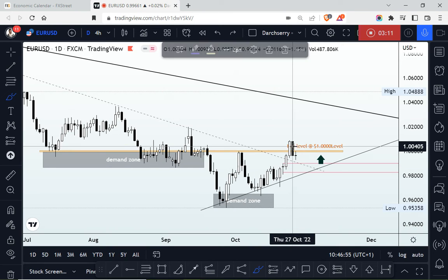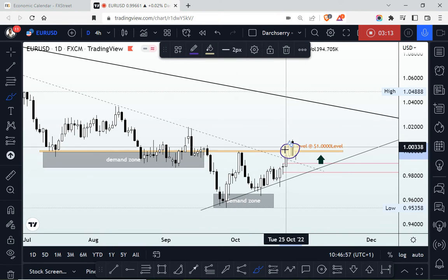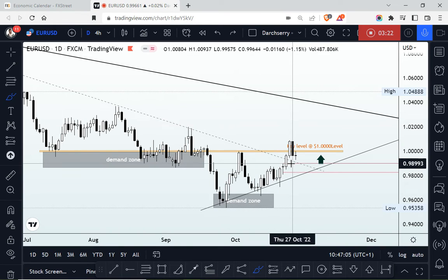Now, with a breakout of this key level at the $1 mark, is this going to turn out to be a true breakout or is it going to be a false breakout? Well, only time will tell, and the current structure and lower time frame will decipher how we want to be trading this. But before I go down into the 1 hour time frame, I want to quickly share with you